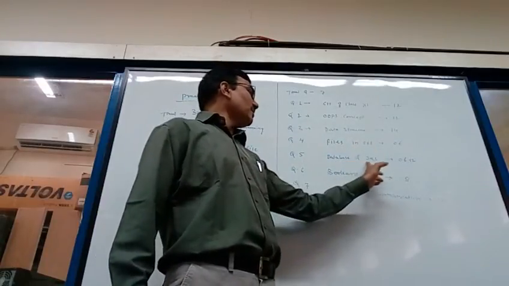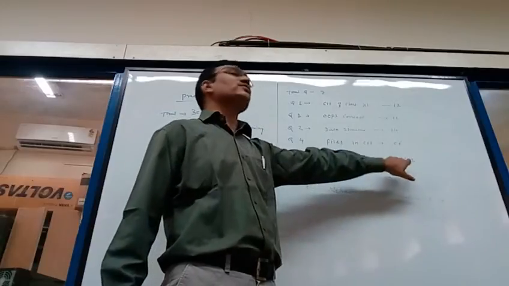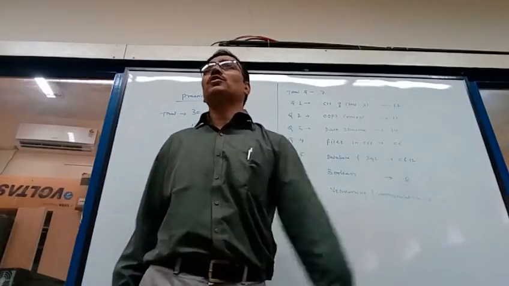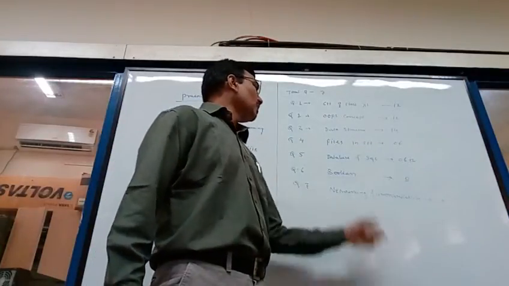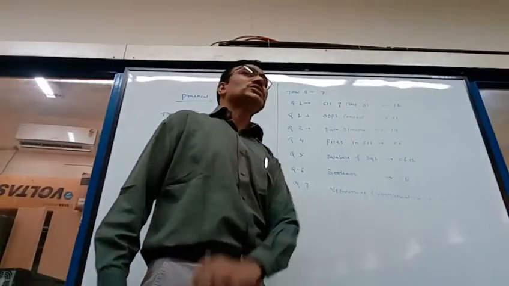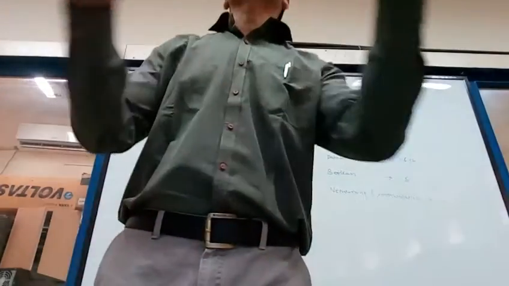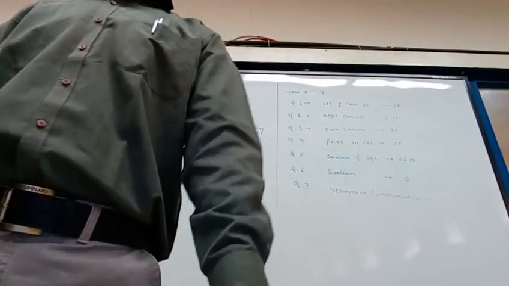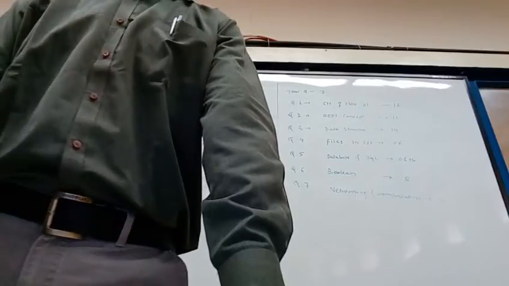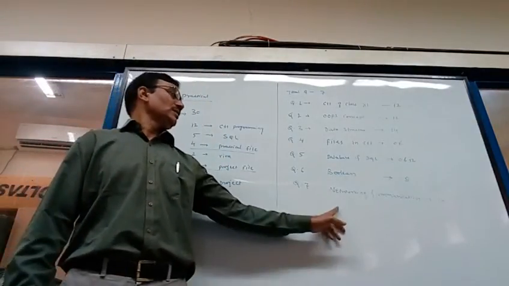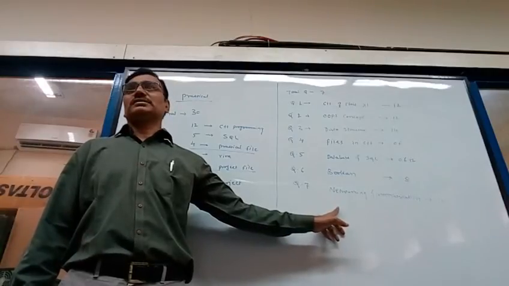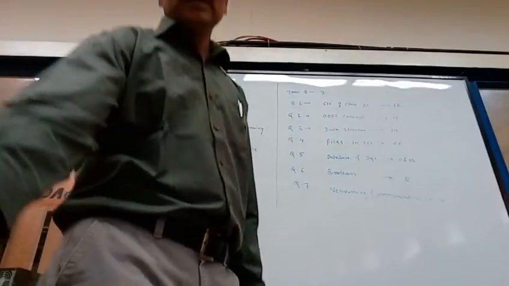And database and SQL is of 6 plus 2. 6 marks for the query and 2 marks for finding the outputs. Boolean algebra is 8 marks and communication is 10 marks. So total questions are 7, and the weightage for each question is clear. Okay. So